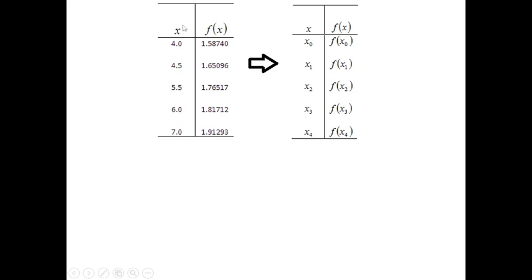So take note that in order to construct the table, we let the lowest value of x be x sub 0, until we reach the highest value of x, which is 7. So that is x sub 4. Okay,